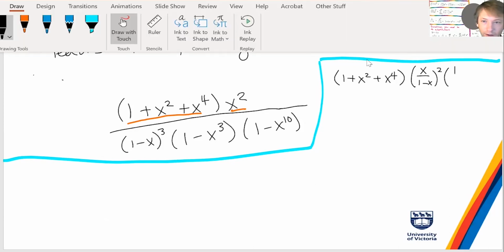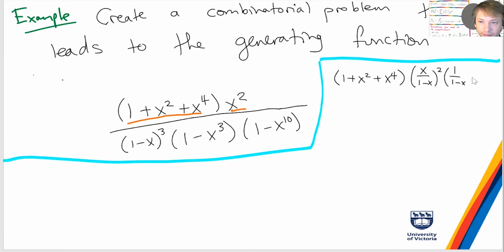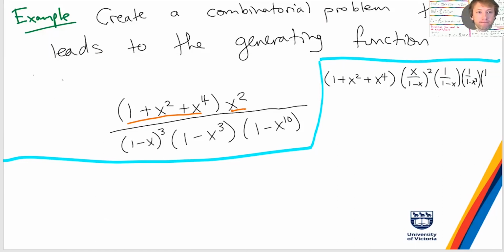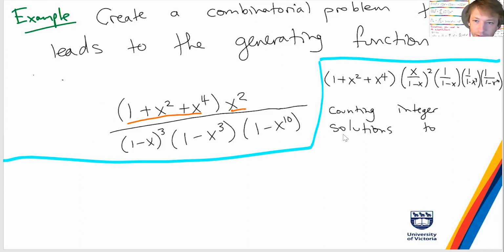So I can write this as minus x, 1 over 1 minus x cubed, and then 1 over 1 minus x. So I've got 1, 2, 3, 4, 5, 6 different variables, y1 plus y2 plus dot, dot, dot up to y6